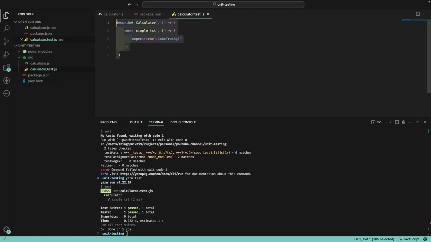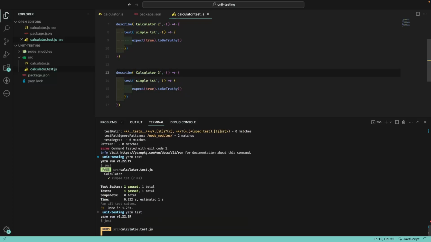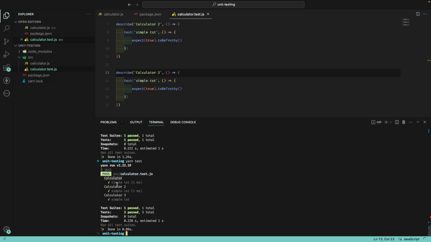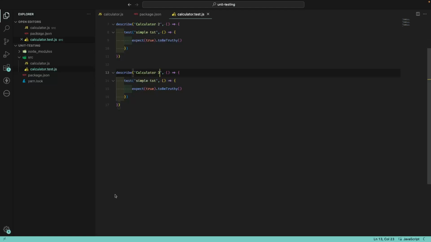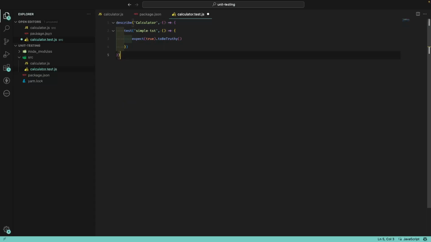If I start doing this more times, calculator 1, calculator 2, calculator 3, you can see that Jest will be grouping by describes, because with this we are grouping by contexts, right? In this case, we are working on the context for the calculator. So we don't need to create more contexts, because we are already creating the context for the calculator, and inside this context, we are going to create a new describe. So describe, now we can say sum, and we are going to create all the tests for the sum method inside this